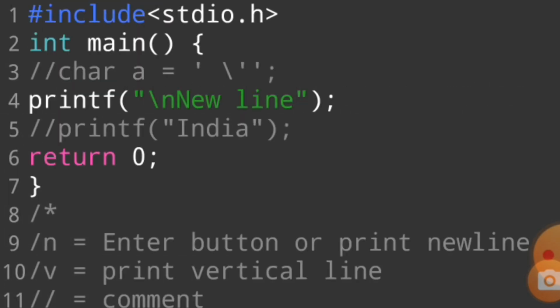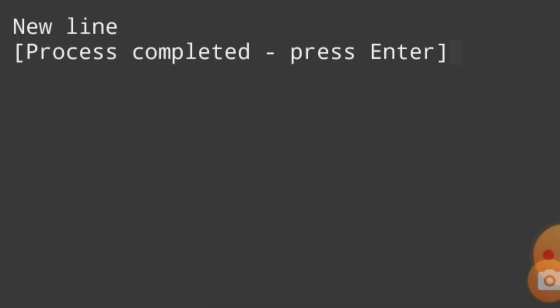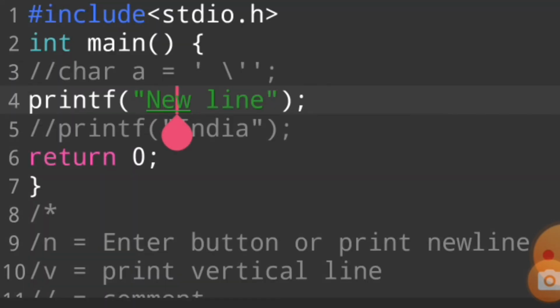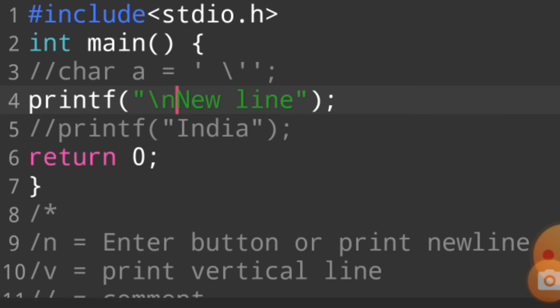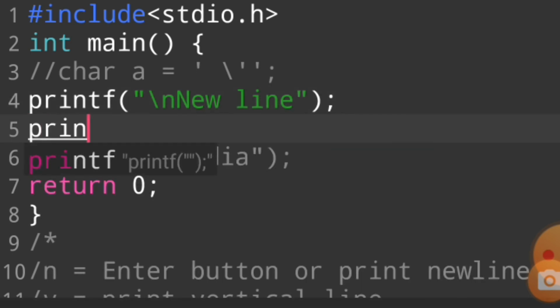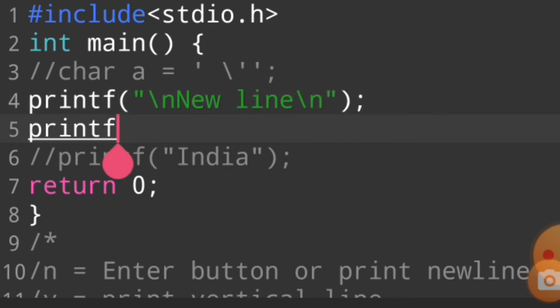When I run this program, a new line is printed, but an extra line is also printed. See, new line is printed and above of the page. When I use this selection, a new line is printed and the word new line is printed. First of all a blank line is printed, and then \n is printed. So I want to use this selection again.